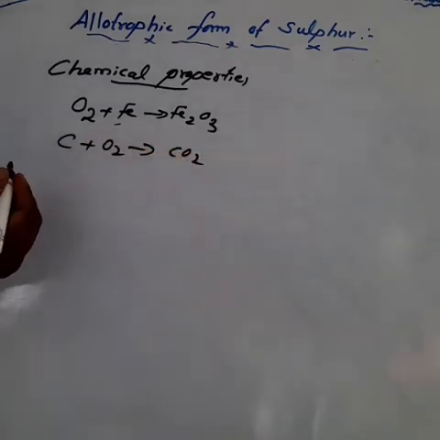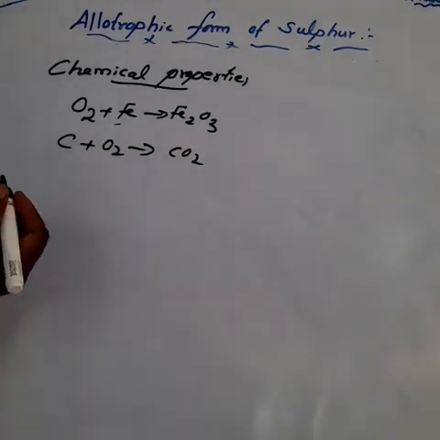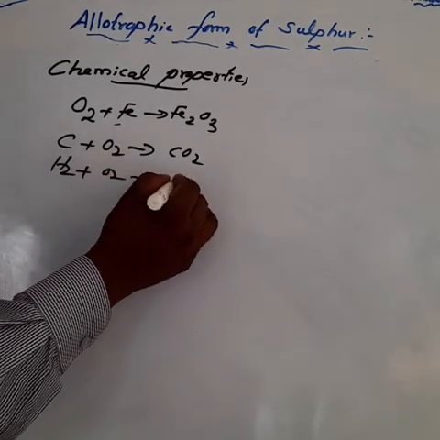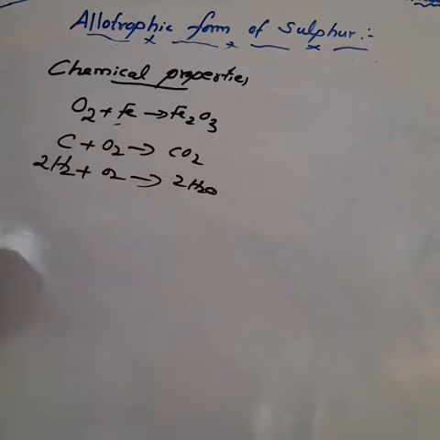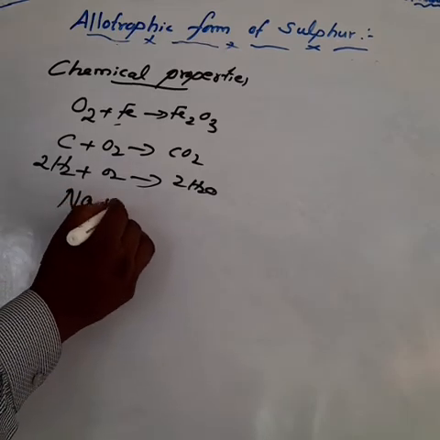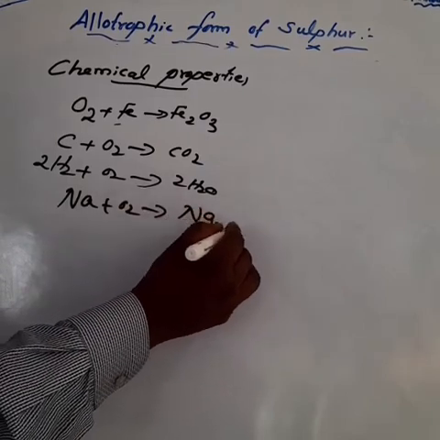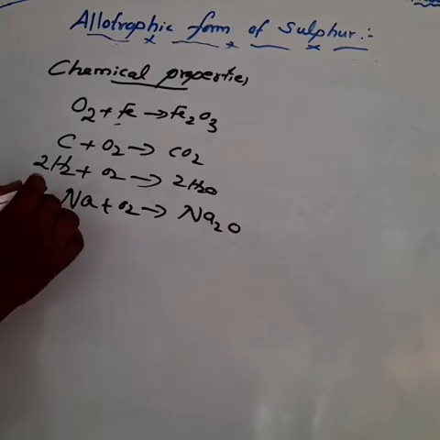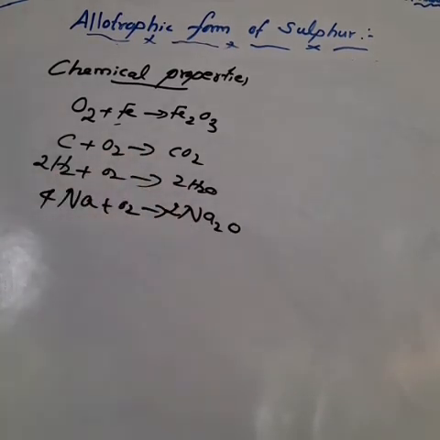I am taking some non-metals, for example carbon. Oxygen combines with carbon, we get carbon dioxide, an acidic oxide. Suppose hydrogen combines with oxygen, we get H2O, a neutral oxide. Am I right? These are some reactions. With some metals such as S-block elements, I am taking sodium. Sodium combines with oxygen, we get sodium oxide, Na2O, at room temperature. Some of the less reactive elements also react to form their respective products.